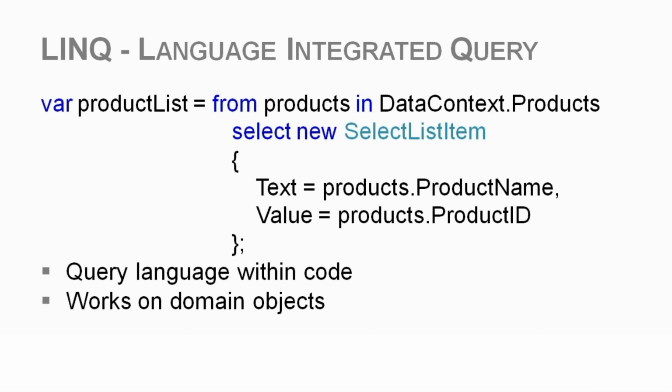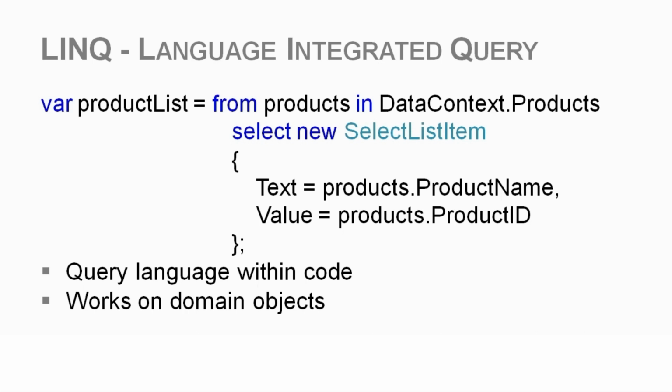statement. So I'm looking to select from my product table, or my data context, which is my model, my products collection, and I'm going to create a new select list item. And I'm going to do that by setting my text property for my select list item equal to the product name and the value of the select list item equal to the product ID. So what you can see is that this is semi-SQL within code. And you can also see it's a little bit backwards because it starts with the from clause as opposed to the select. So just going through it a little bit, we're going from products,